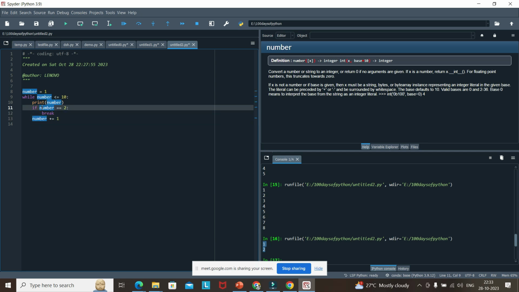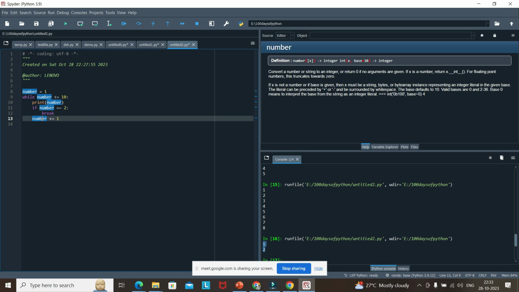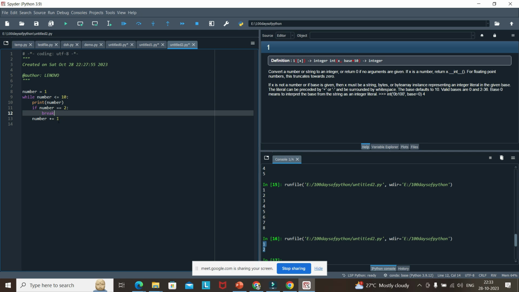Until this condition is met, I want this code to run. But when this other condition is met, I want to come out of that execution loop. So this type of thing, I mean to say in real time scenarios, what we can say is like